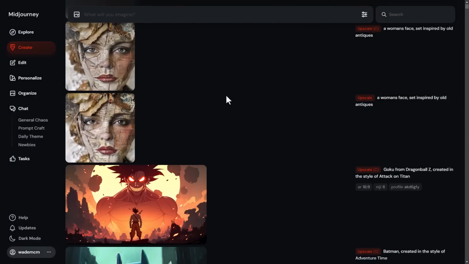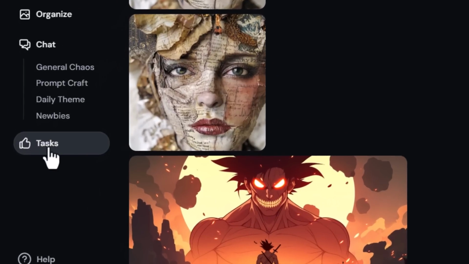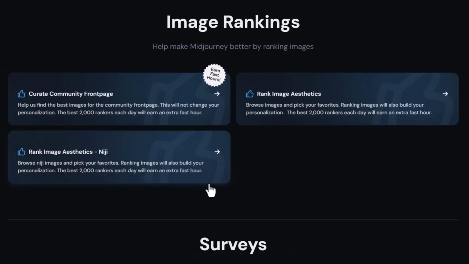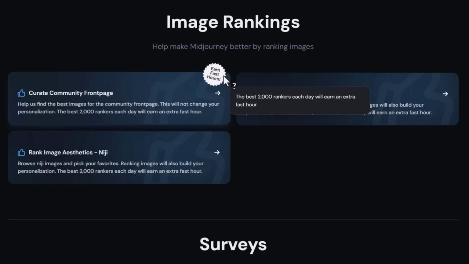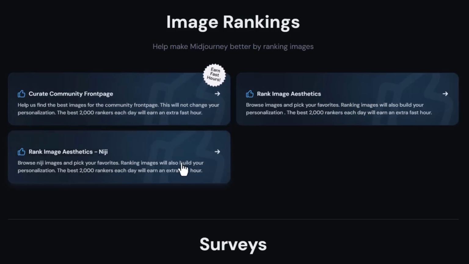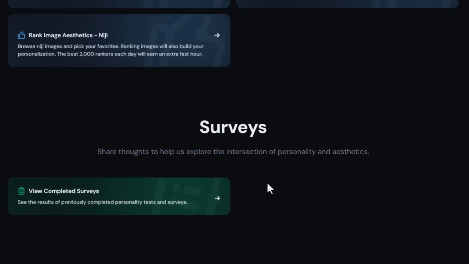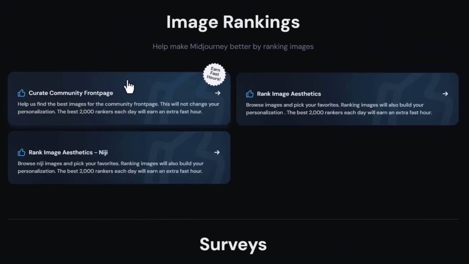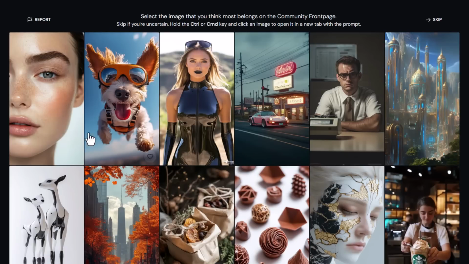So when you're logged in, simply head over to tasks down here. And this area will change, but look for this little badge that says earn fast hours. And if you follow any of these tasks, you can earn fast hours. Even sometimes they have surveys, but essentially I can come in here and start curating these images to earn some fast hours. So I simply click the image I think should be on the front page, such as this one,